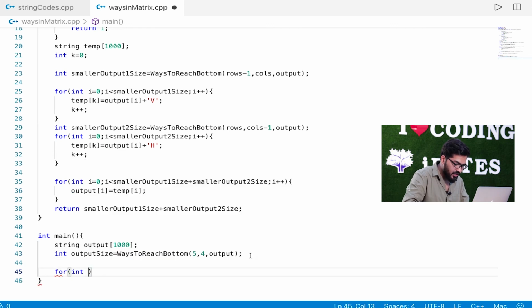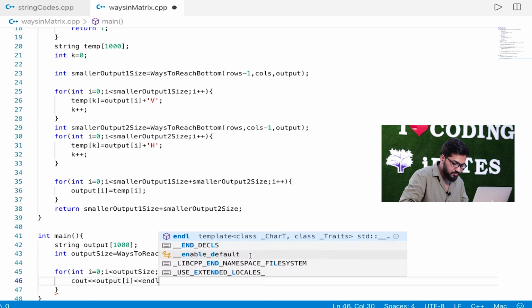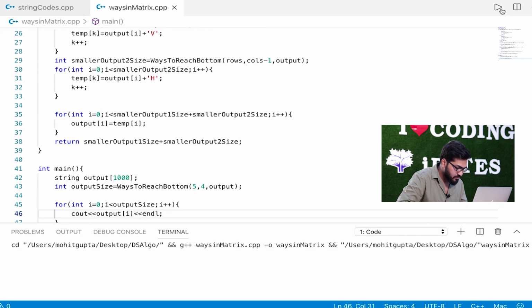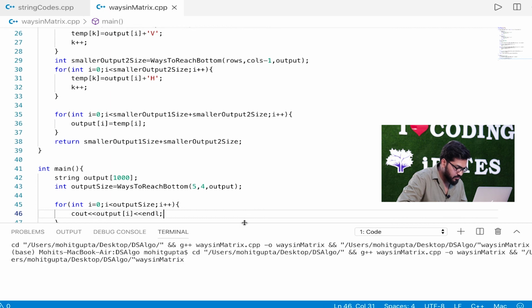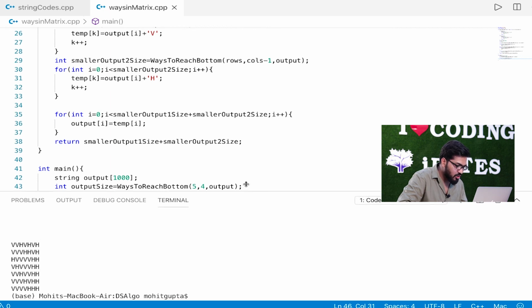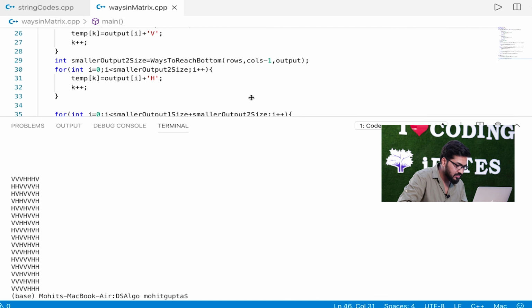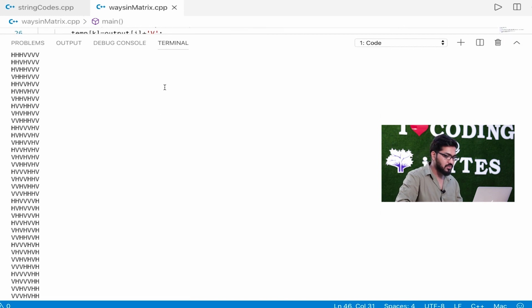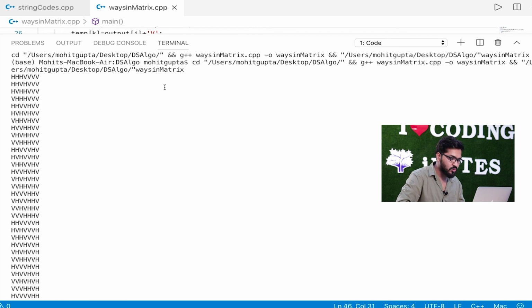For int i = 0; i < output size; i++, cout output[i] endl. Let's try to run this. So these are all the paths for 5 rows and 4 columns.